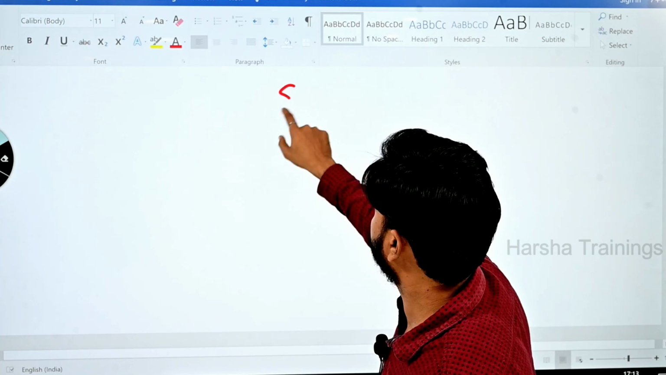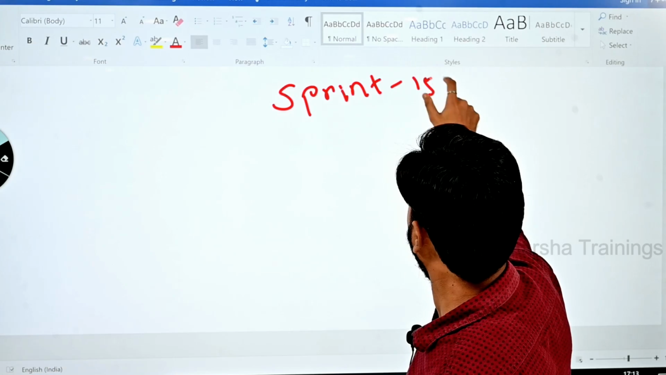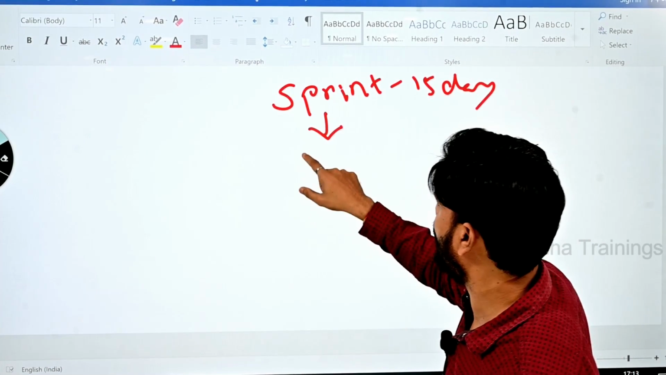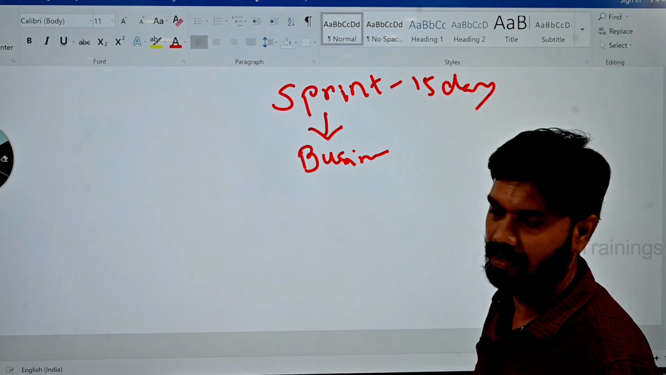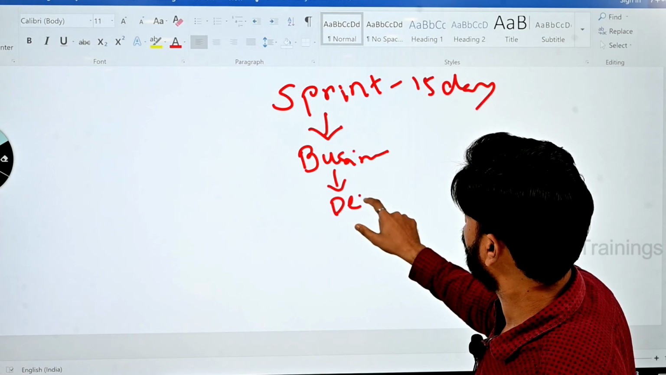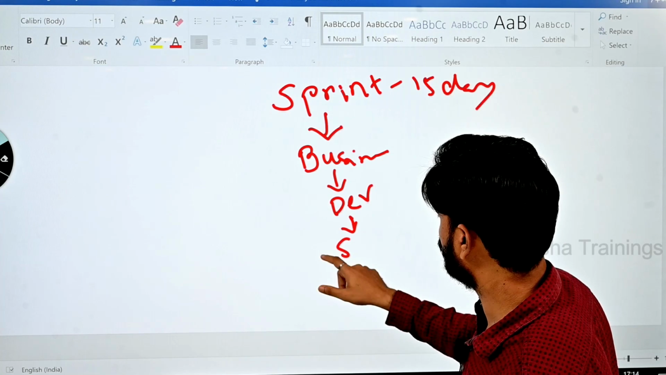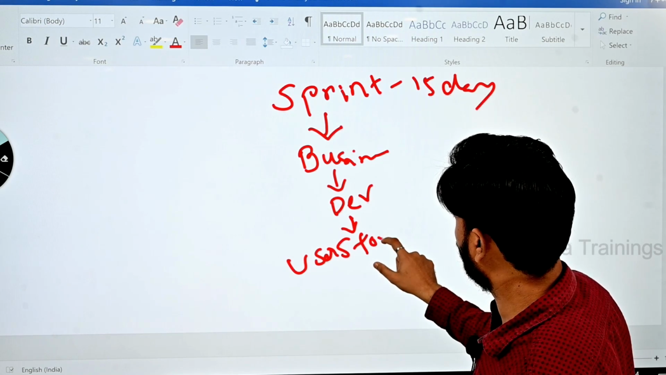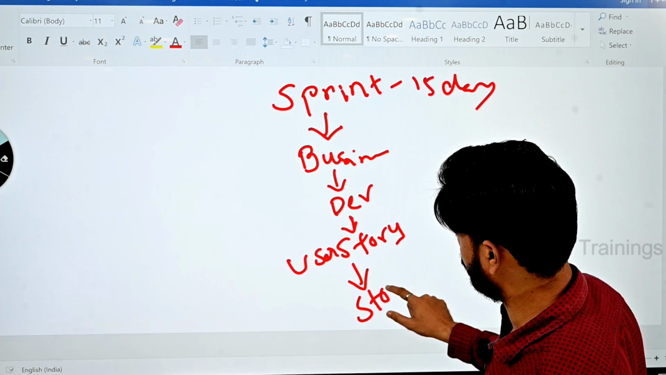See here, in a sprint, the sprint is, let's say, 15 days. Okay, in a sprint, the business analyst is going to draft business requirements and assign them to the developer. These business requirements which are being assigned to the developer, we will call them a user story. So these user stories are going to have story points